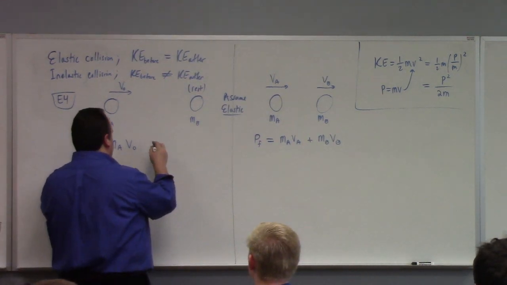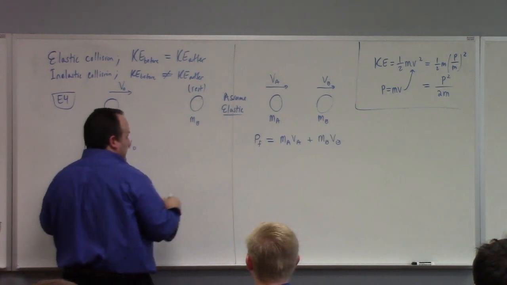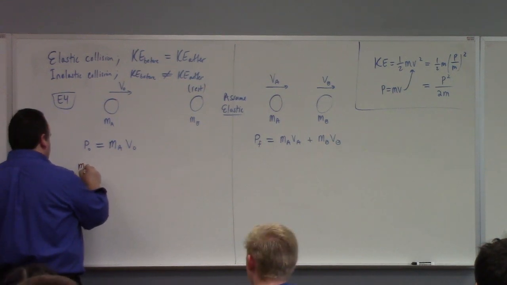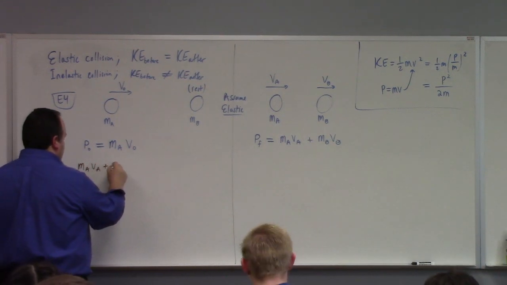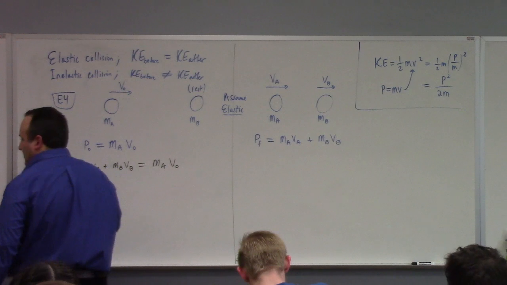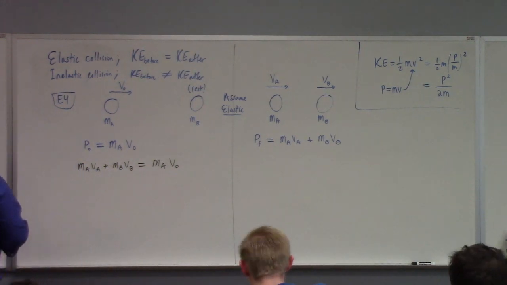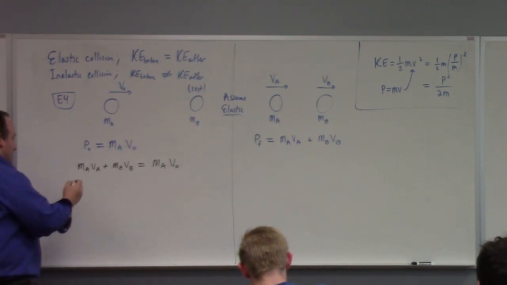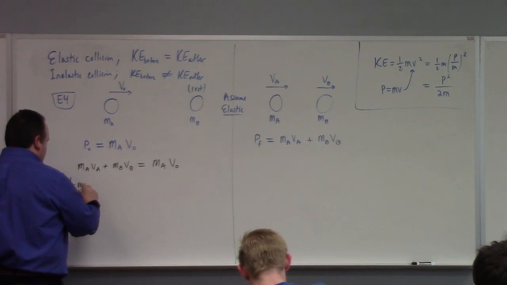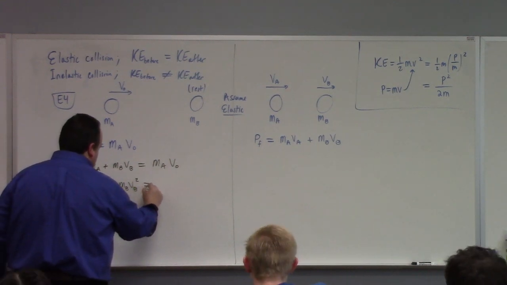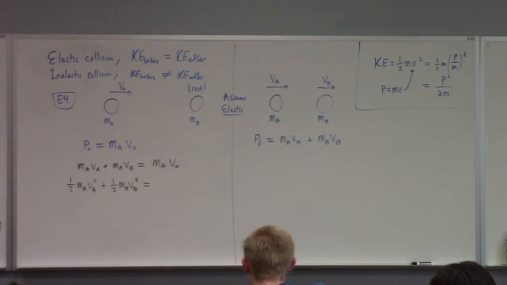So on the one hand, we have that this is equal to that. That's one thing we know. Let me write that down. So we have MA VA plus MB VB is equal to MA V naught. On the other hand, we also know that 1/2 MAVA squared plus 1/2 MBVB squared, what did I just write down? I just wrote down the final kinetic energy, right? That is equal to